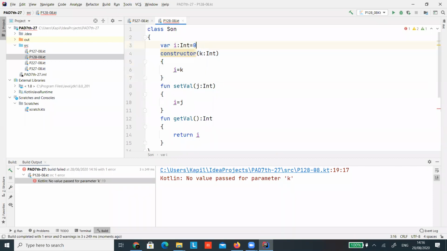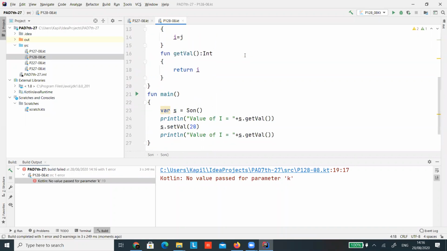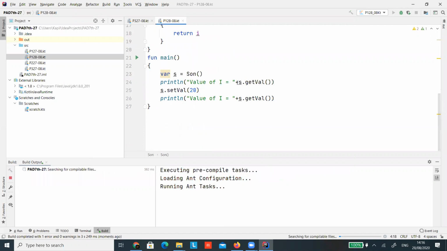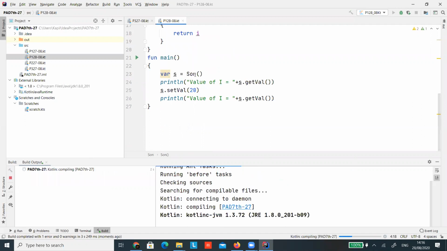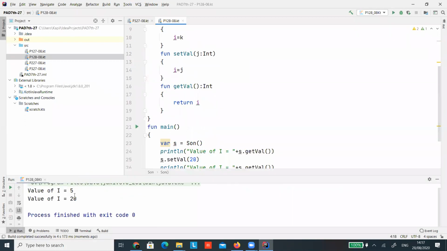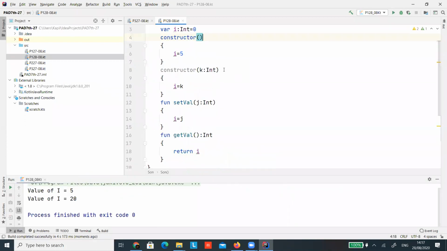But I can do this thing. So let's say 5. Now this will work because it will set the value 5 for the I. Okay. And even another way is that you can have the parameterized constructor with a default value.